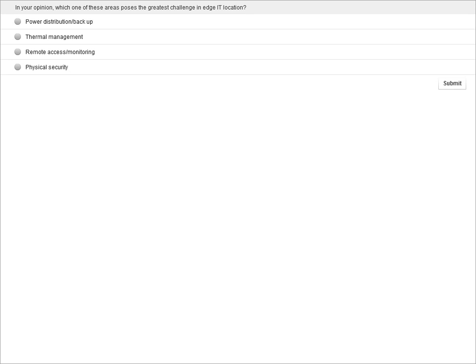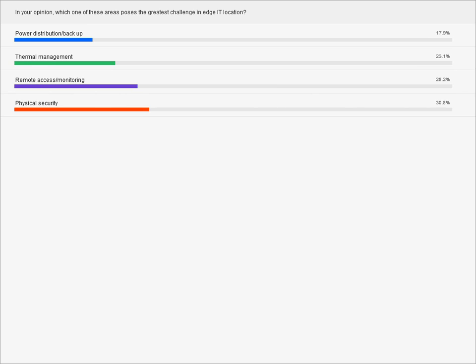And while you do that, these 4 areas are also the basis for our best practices, right? Basically, what I'm going to tell you on the next slide is you have to plan for those 4 things for every edge IT location. So let's see here. Again, a pretty balanced selection, but physical security came out on top, and that's absolutely